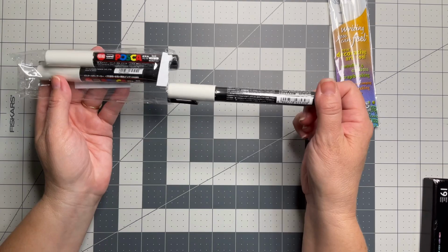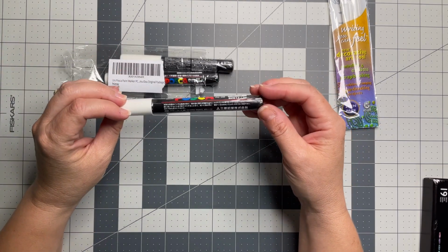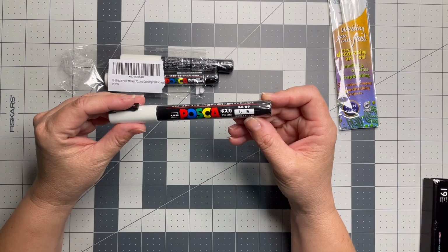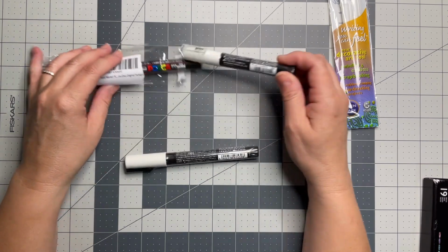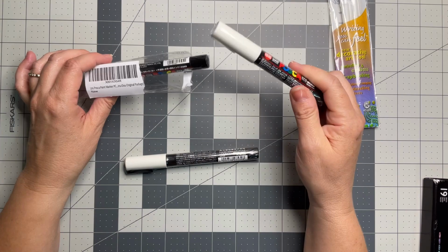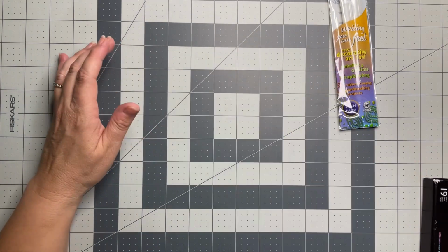Why does that one look different? This one has a black, maybe it's a different size. All right, that says 1.3 millimeter, and these are the 0.1. Okay, so these are the very fine tip, which is what I like. Okay, and then